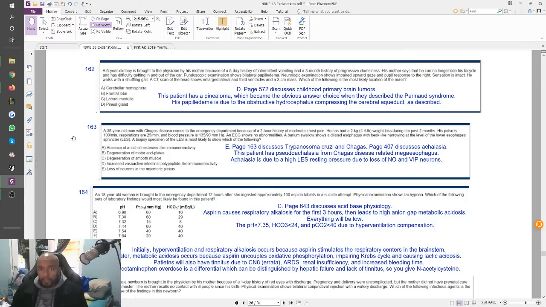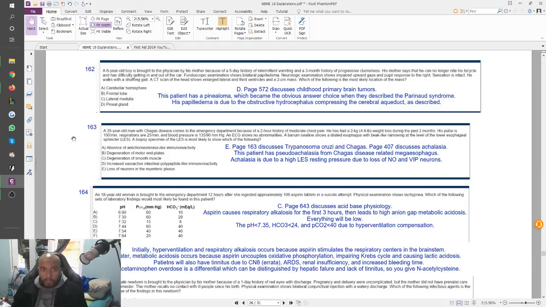And then describing the neurologic exam of impaired upward gaze, right? So that's Parinaud syndrome. Parinaud syndrome starts with the P. Parinaud syndrome should always remind you of a pinealoma. And you look at your answer choices, and the only answer choice that really did explain everything in this question was to have a mass in the pineal gland, right?